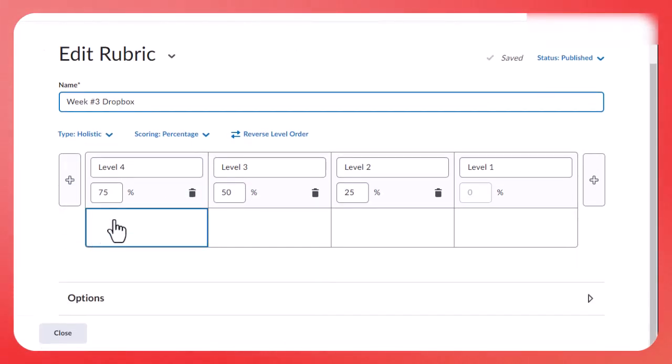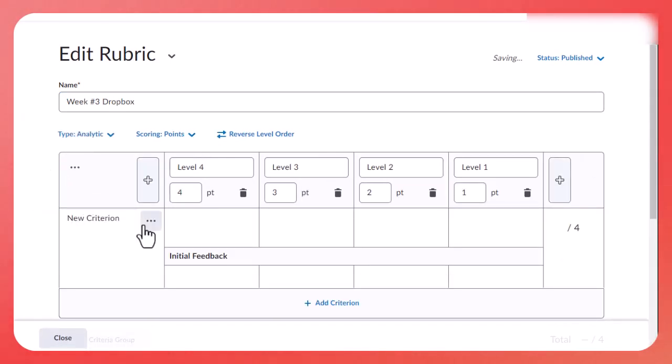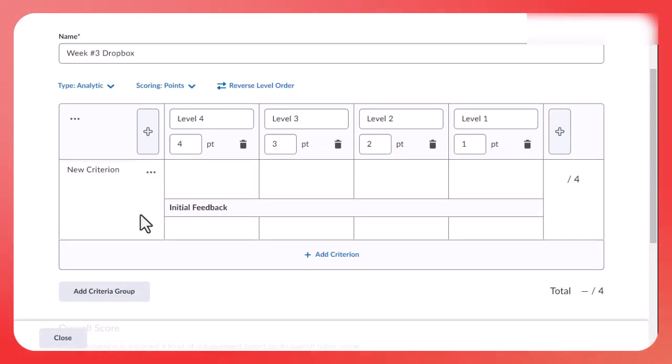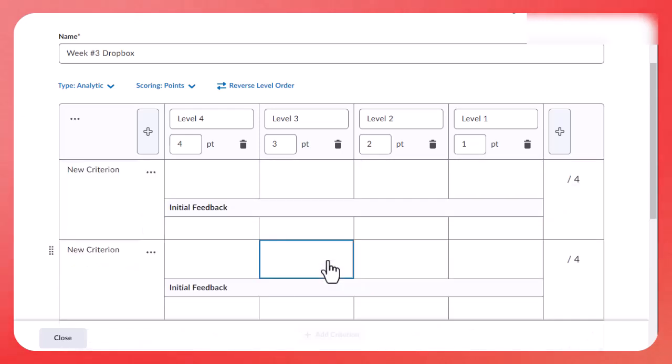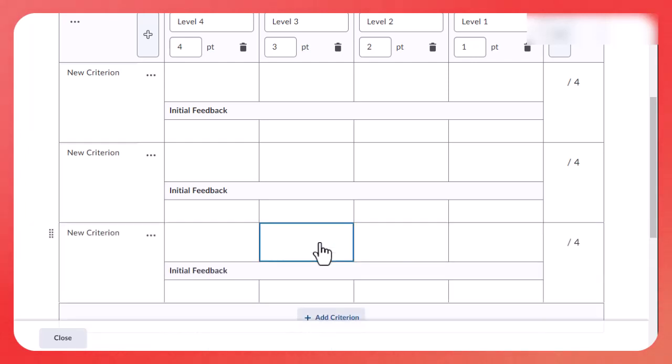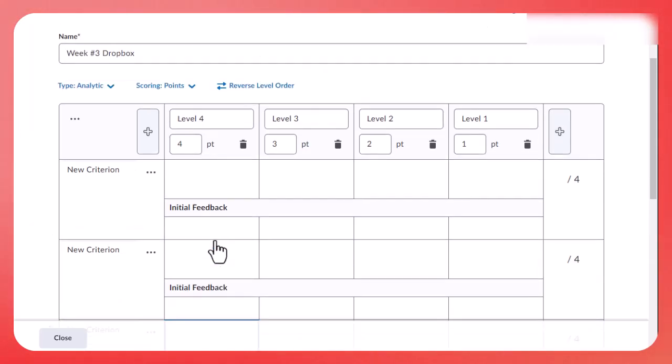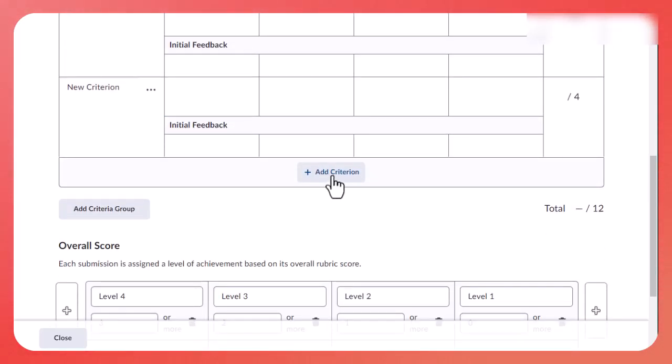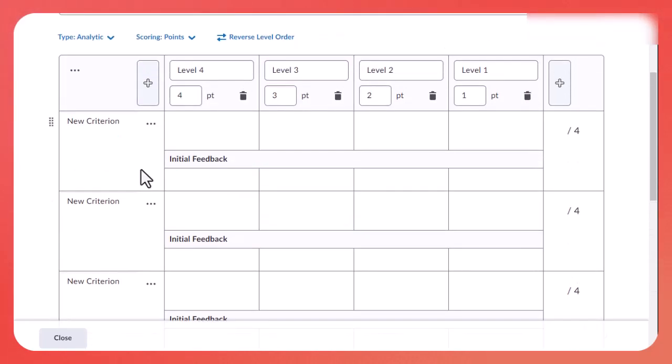We're going to want it to be an analytic, and we have 4 levels, so we'll have 4 criteria in here. So we've got level 4, level 3, level 2, and level 1. And then maybe our criteria, we can say the content